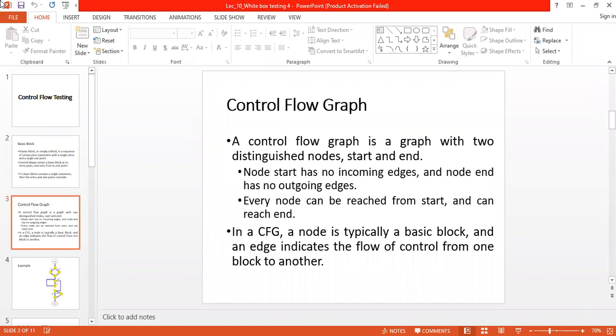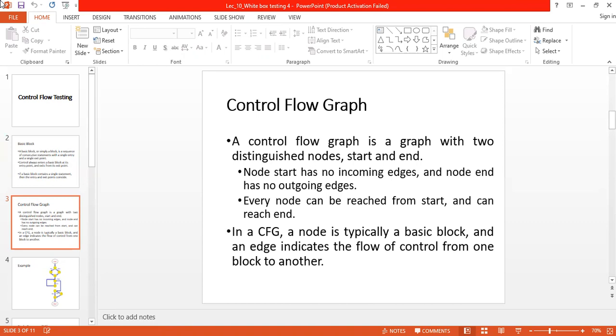So when it comes to the control flow graph, right? In the control flow graph, you have start and ending nodes, right? So usually we can identify start nodes by checking whether that particular node has no incoming edges, but only outgoing edges, right?